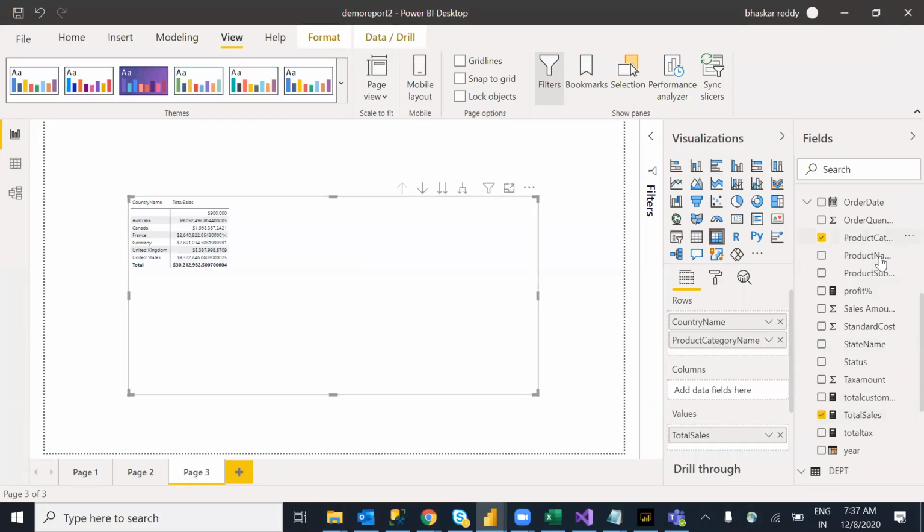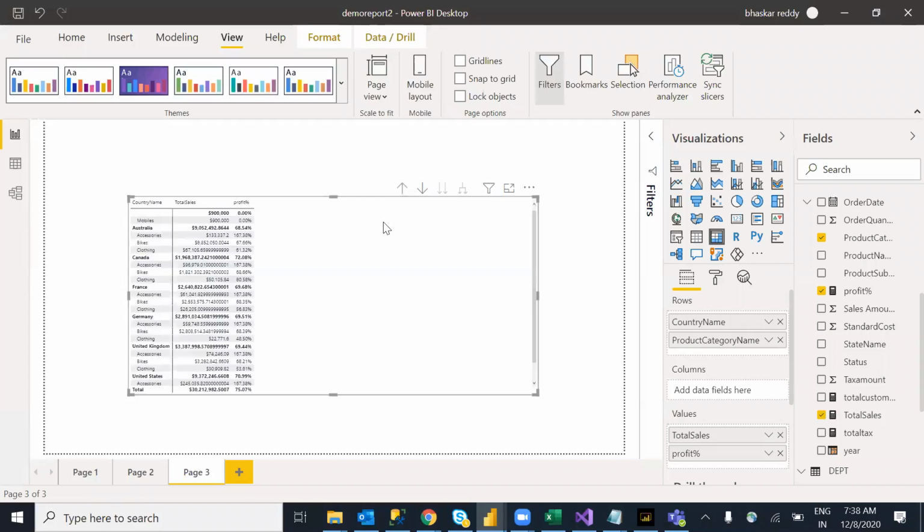Let me use the profit in total sales. Like this I have. Now here, product category is not coming. By default it goes for a drill down. Country is coming as a drill down. I don't want drill down in a matrix. If you want, you can go ahead. Otherwise, I want a side by side column, country name and product category, like that. You can expand it, which means I don't want this option.